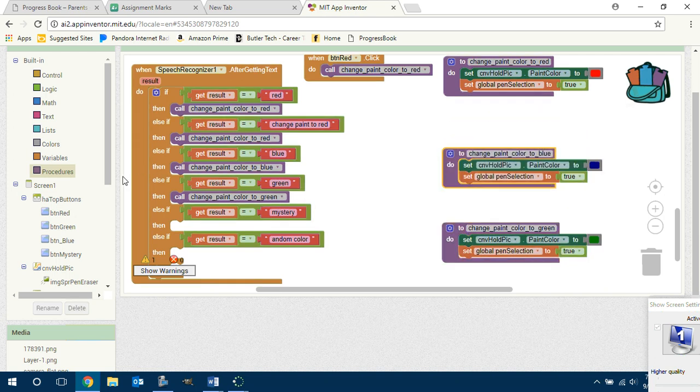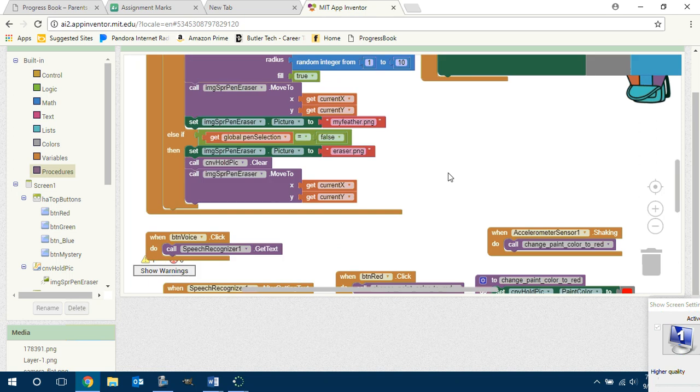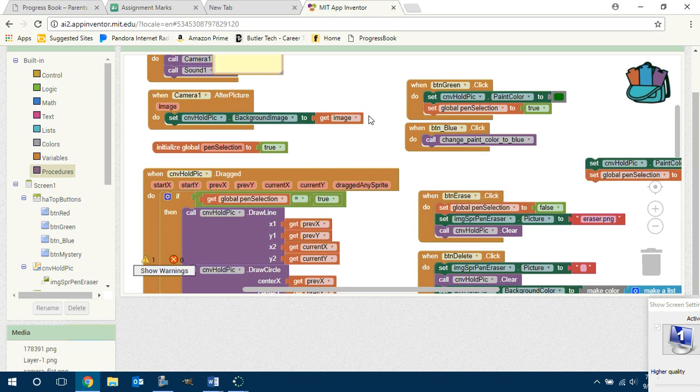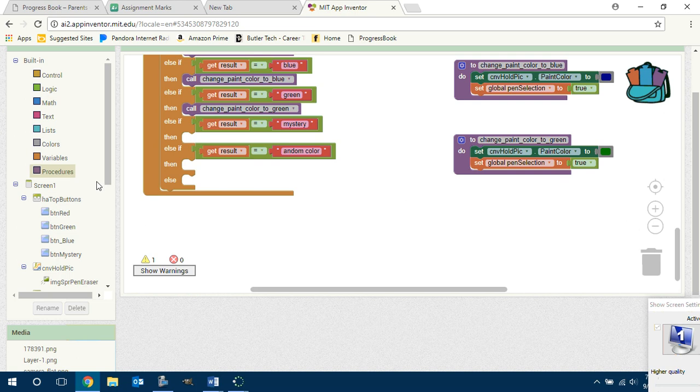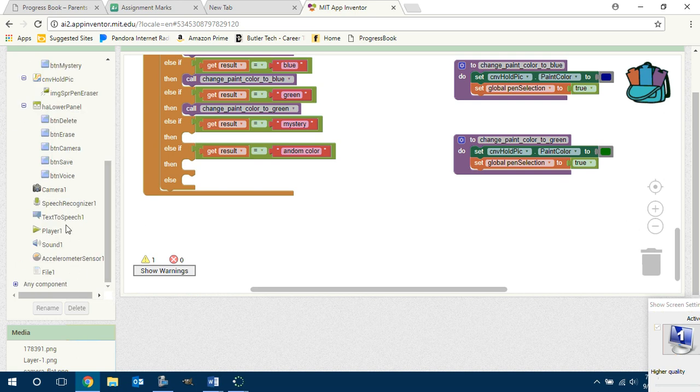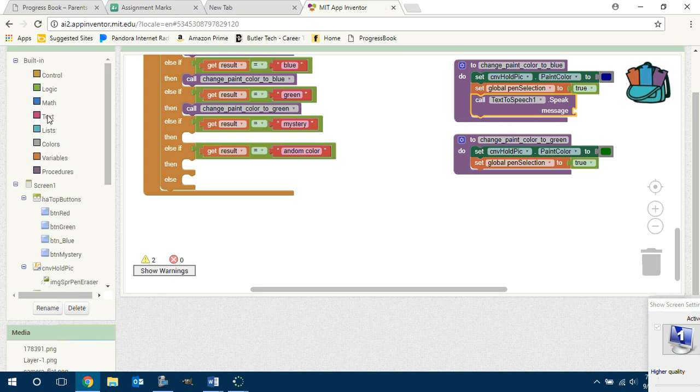Could we have text-to-speech in here? Did we do text-to-speech? Oh my gosh, we never did text-to-speech. So what happens if I had text-to-speech come on, right? And then text-to-speech can come on and say, right here,